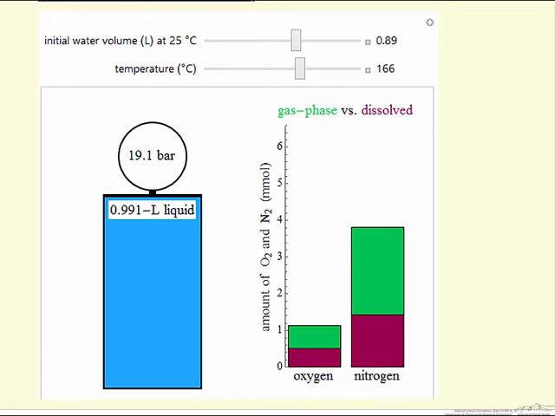The pressure now is much higher because that gas volume was compressed and because the saturation pressure of water is higher at 166. Now on the right side of this simulation, we're displaying the amount of oxygen and nitrogen. So initially, almost all of it is in the gas phase and a small amount is dissolved. As we raise the pressure, we increase the amount dissolved. As we raise the temperature, we decrease the amount dissolved. We're raising both, of course, as we raise the temperature in this simulation. And it shows at this relatively high pressure, a significant fraction, almost half of the original oxygen, is dissolved in the liquid phase.